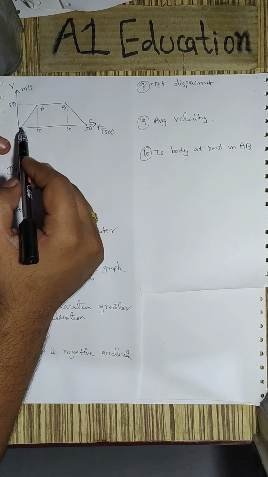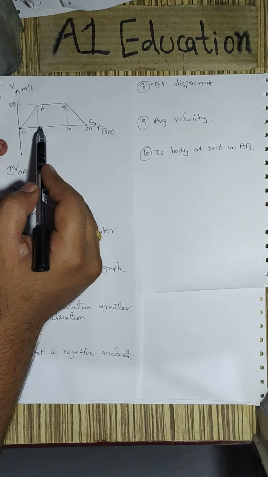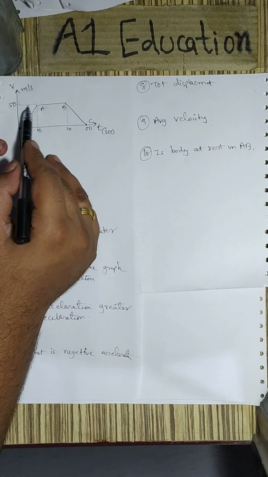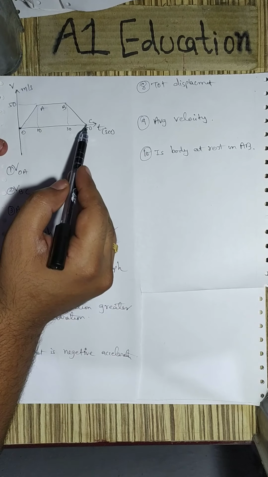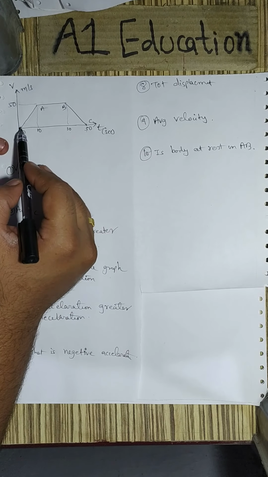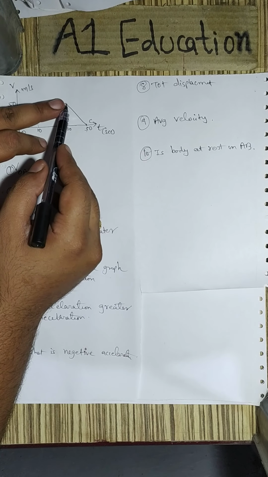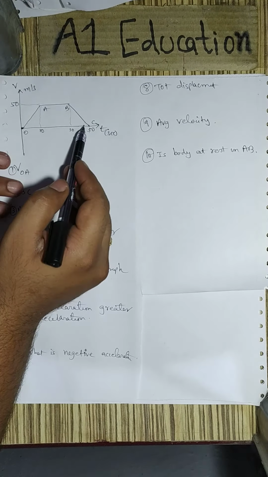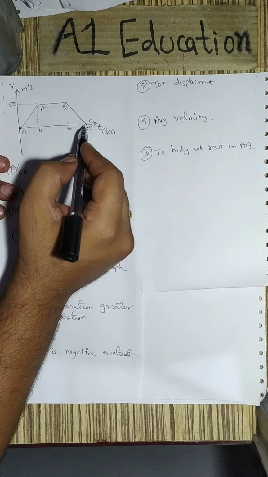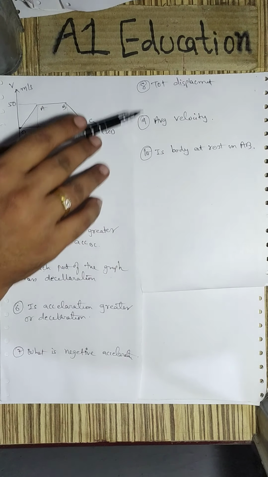The body is increasing its velocity to 50 in a time of 10 seconds. Then in the next 20 seconds, the body maintains its velocity, and then it again comes to rest in the next 20 seconds. This is just like you take a vehicle, go to the highway, drive some distance with the same speed, and reach some destination C, maybe from home to the school. So we have to calculate these 10 things.